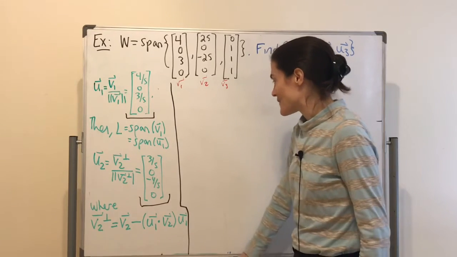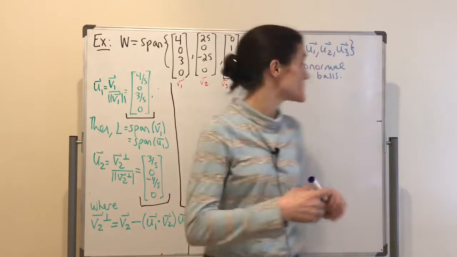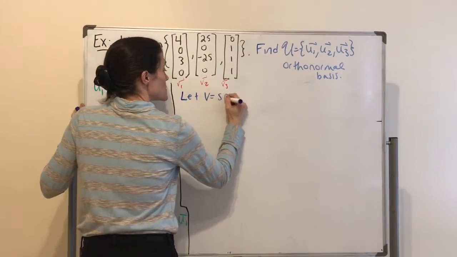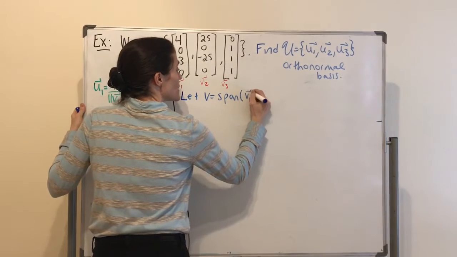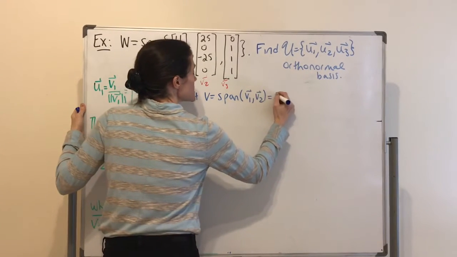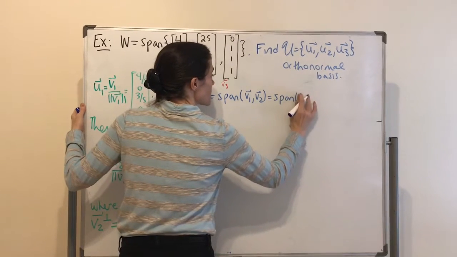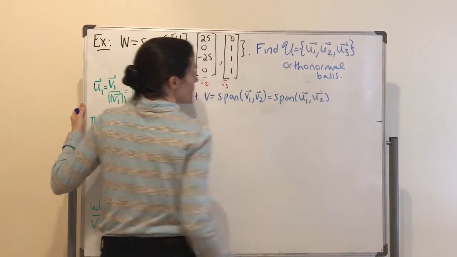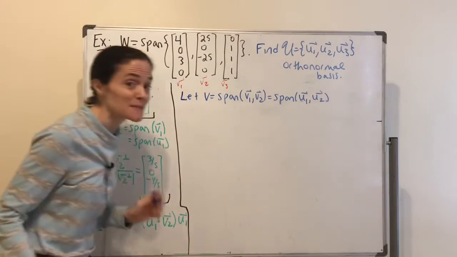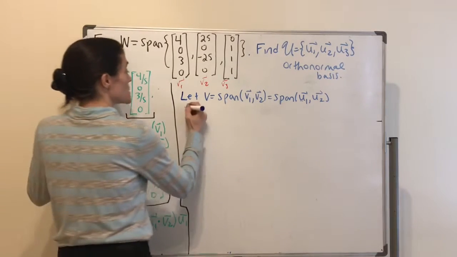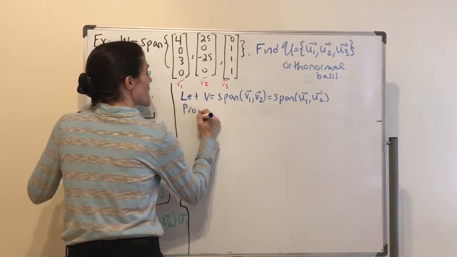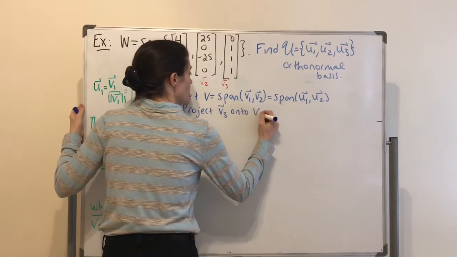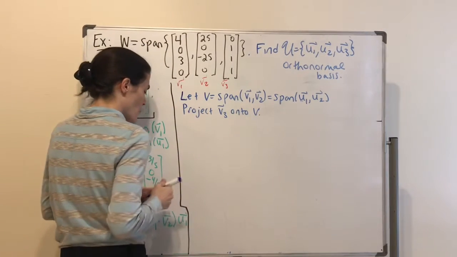Okay, so now let's write that down. I'm going to let V be the span of v1 and v2, and this is the same thing. I'll just write it even though I don't necessarily need to. It's the same thing as the span of u1 and u2. Okay, it's the same subspace. And then we want to project, just like I said, v3 onto V, and then we will have